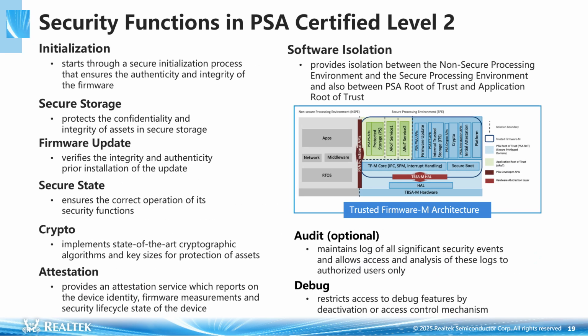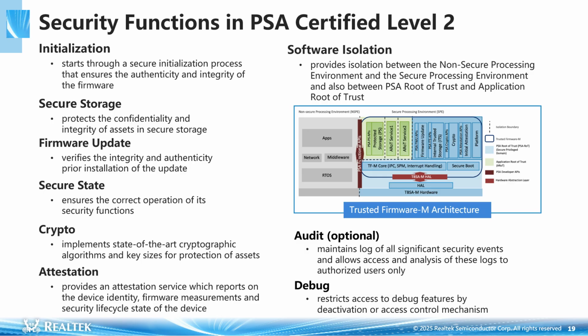The security functions included in PSA Certified Level 2 cover 9 crucial aspects to ensure robust protection. These aspects are initialization, which sets up the initial secure state, software isolation, ensuring that different software components are separated to prevent interference, secure storage, which protects sensitive data, firmware update, allowing secure updates to the device's firmware, secure state, ensuring the system remains in a secure condition, cryptography, which involves the use of encryption for data security,